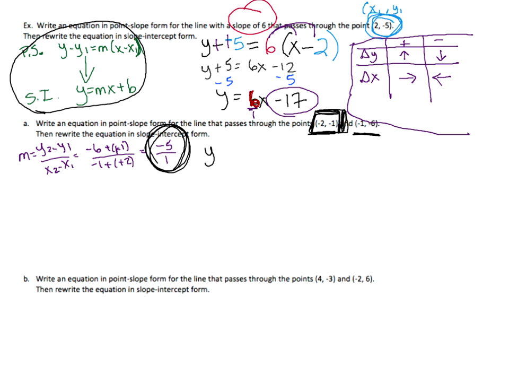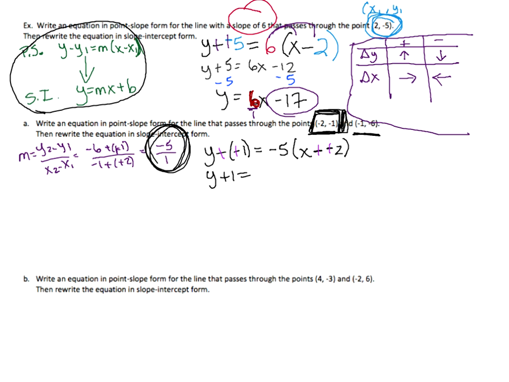All right, y stays minus y1, which is negative 1, equals slope negative 5 times x minus x1, negative 2, which is really plus, so I'll come back and put my plus signs here. So y minus negative 1 is really y plus 1. X minus negative 2 is really x plus 2. So now I'm just going to start simplifying and getting it to look like y equals mx plus b.